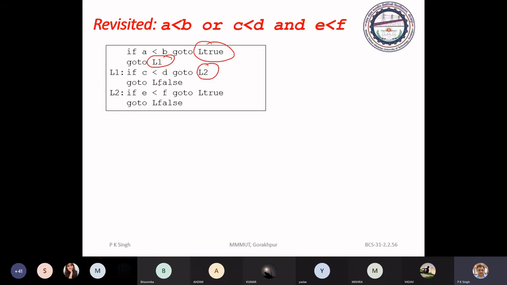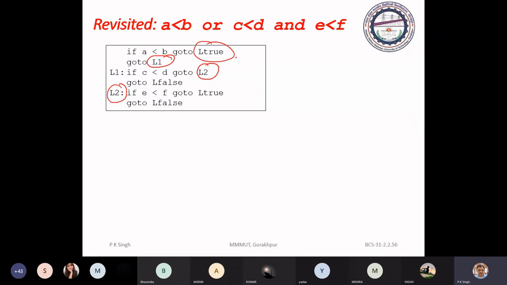Similarly, goto L2: the reference L2 is not known, because that statement is not generated yet. It means it is forward referencing. So how can you write these L1 and L2 references? For that, you have to backpatch.